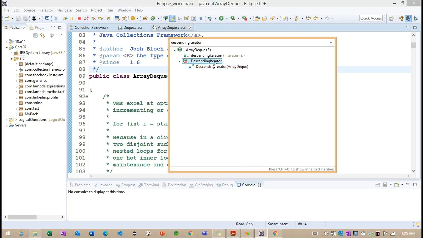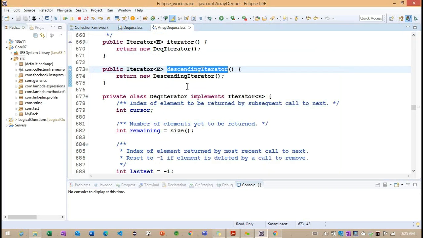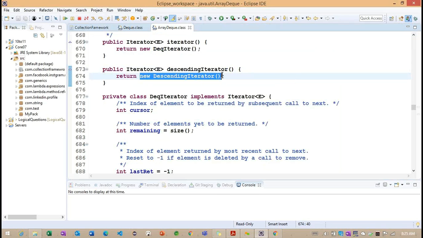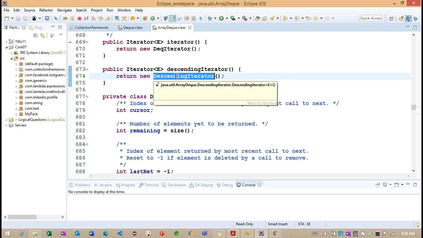Internally, if I open the descending iterator method, what you understand here is that we are creating a new object. What is the new object we are creating here? A DescendingIterator. Whenever we are creating an object, it is from a class, so DescendingIterator is one class.